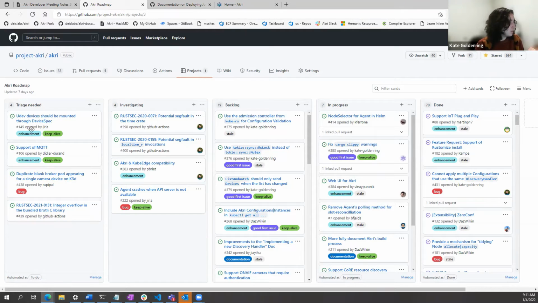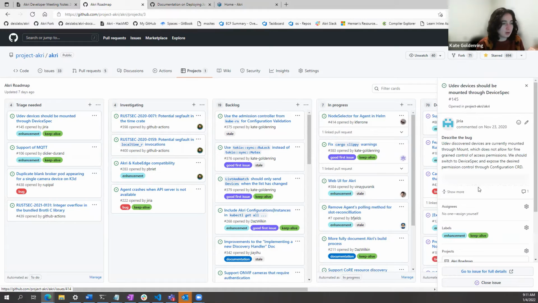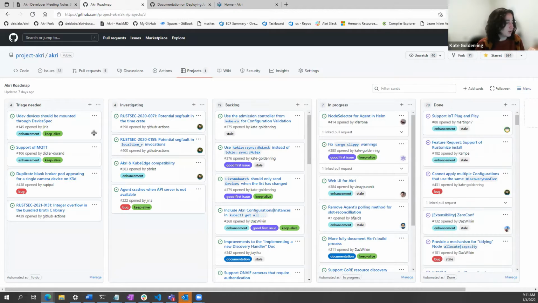So we only have 4 issues here. Interesting that this is triage needed. This is a pretty old one. It's weird that it moved back to triage needed, but I think what happened is, for both of these, I removed the stale label.